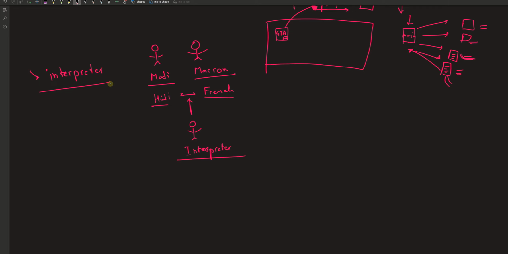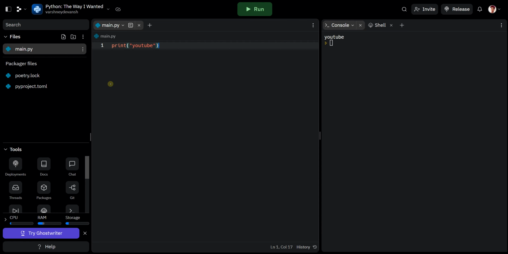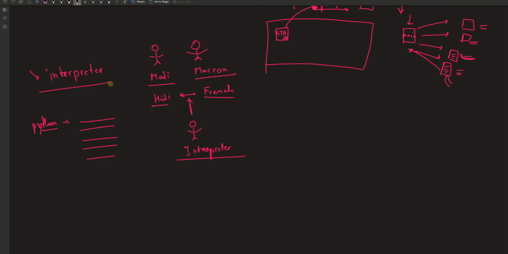So there is an interpreter in between both of them, which explains what is going on. Here, Python is a language which is readable by humans. It's not pure English, as you can see with the syntax. I've written print; you can understand it's going to print something, and there are parentheses, so this is a function. It's a pseudo human-readable text. A human can read this code.